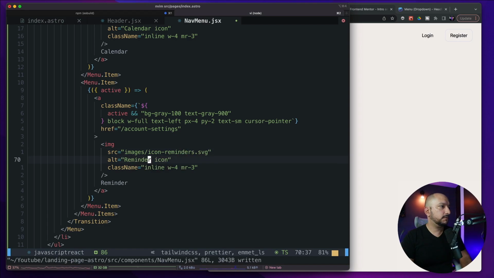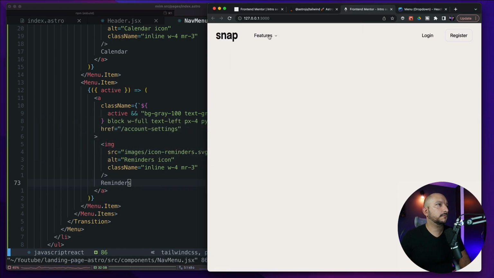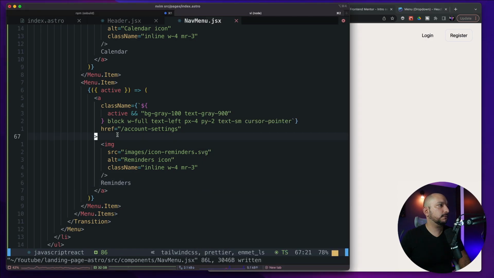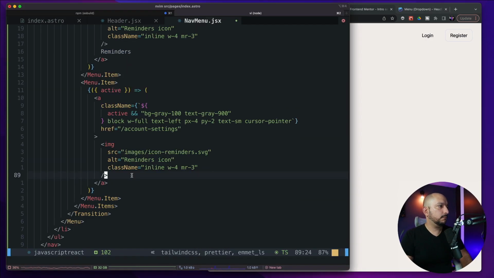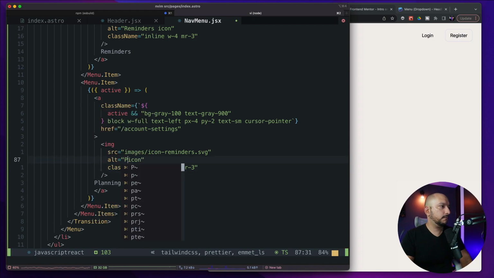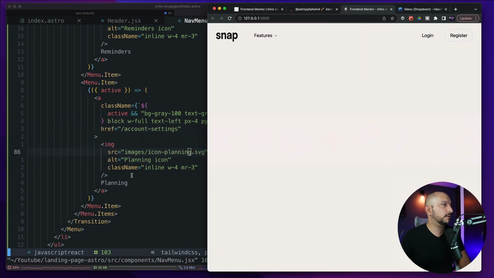Let's add an X here, S and S. Okay, reminders, looks good. Let's add the other one. This will be planning. Okay, so that's the last one for that item,